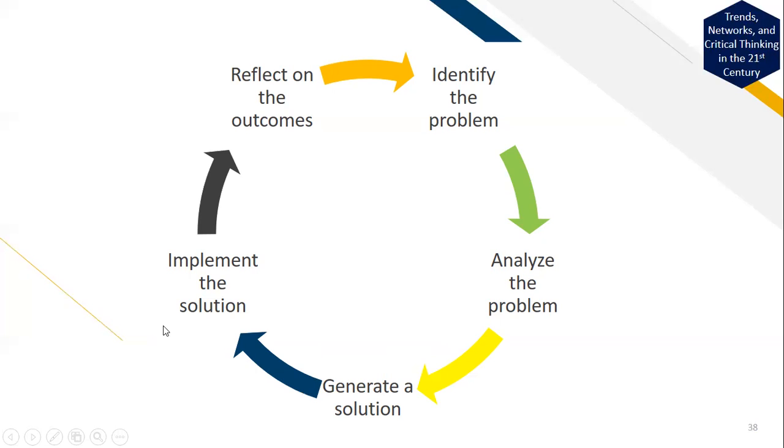And next is of course, implement the solution. So dito mo itatry, no? Dito mo itatry kung yung solution ba is effective or not. Okay? And reflect on the outcome. So dito sa last process, mangyayari kung yung solution ba na in-implement at na-generate ay effective through the outcomes it brought about. Okay? Doon mo malalaman sa mga resulta kung yung solution mo ay epektibo or hindi. Okay? At pag hindi, then balik ka na naman sa step 1. Okay? Back to zero ka.